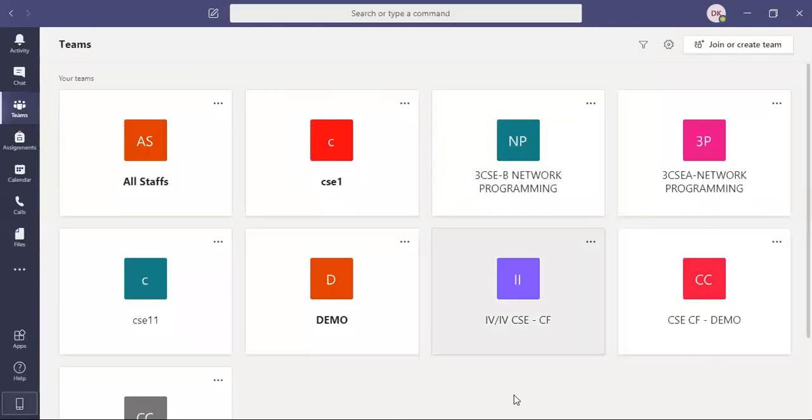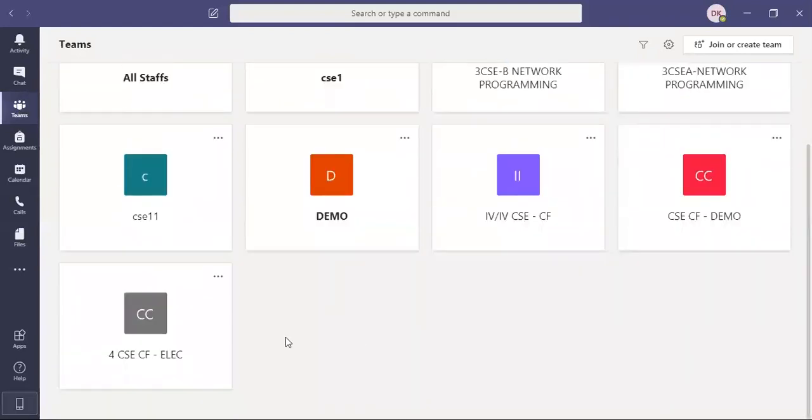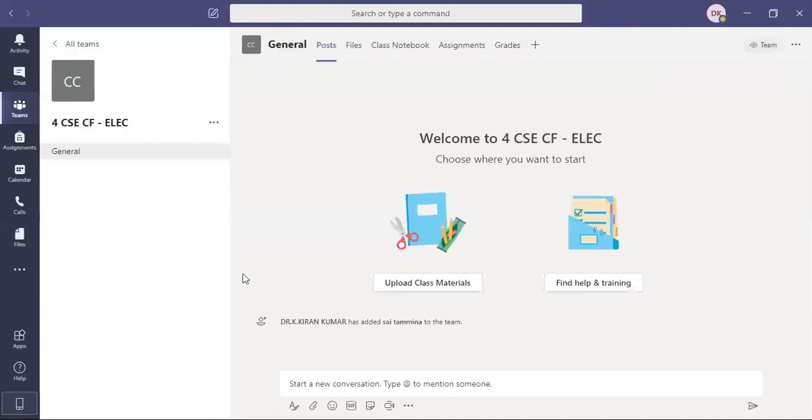Okay. So again, I am going back to the class which I have created. Another point is that this is only a one-time thing where you have to create a class. Once you create the class, your class will be live until you leave that particular class. So request your students not to leave the class. They can exit the class, but they should not leave it. If they leave the class, next time they have to enter with the new code. So that's why ask the students not to leave the class.